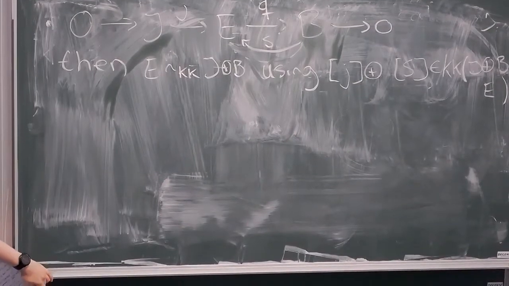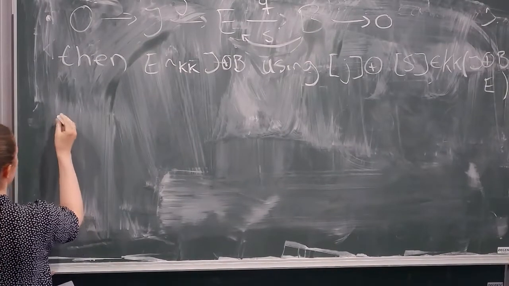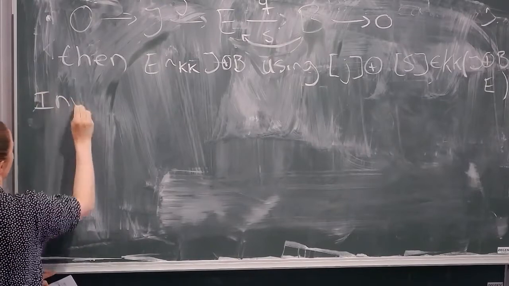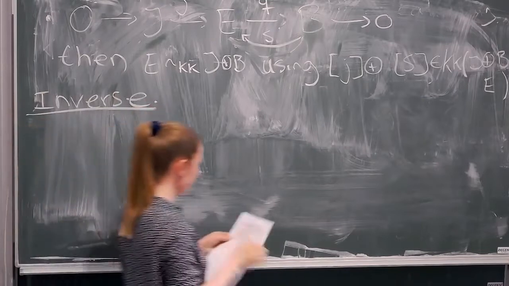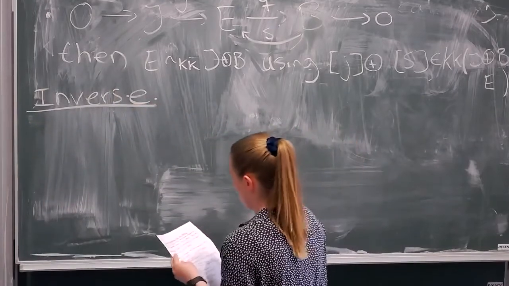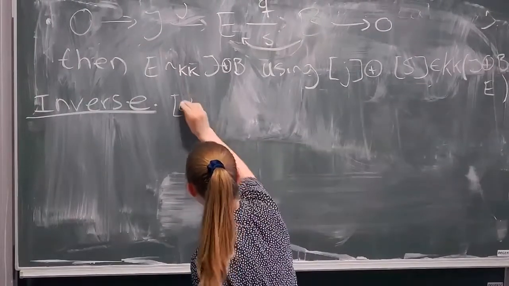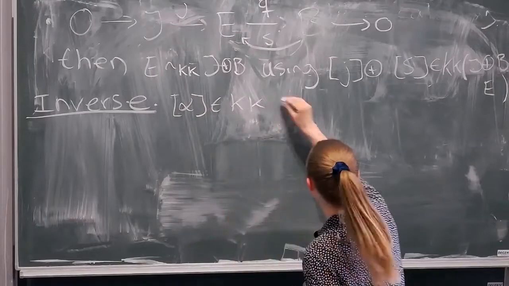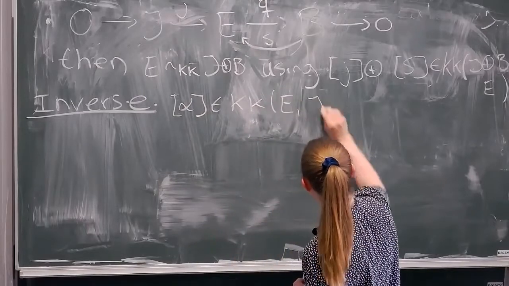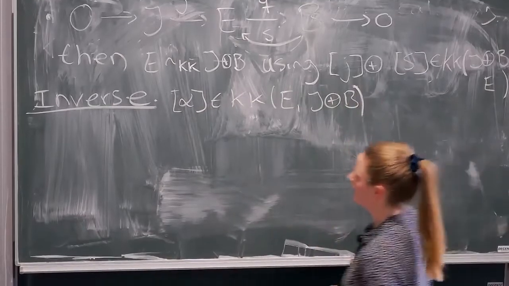So I can then give you an explicit inverse to this class here. Let's do that. We need an inverse alpha in KK of E, J plus B. And it's given by